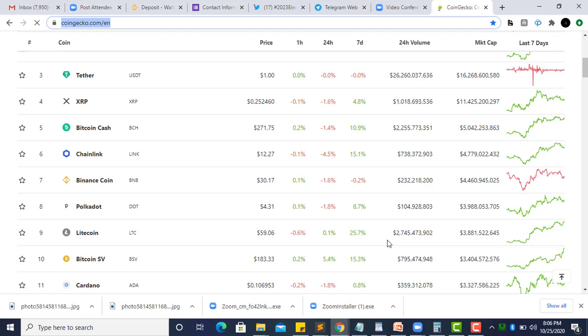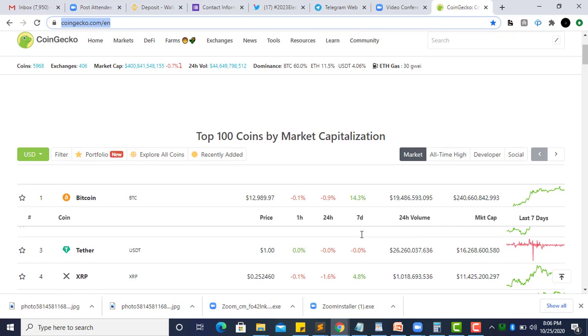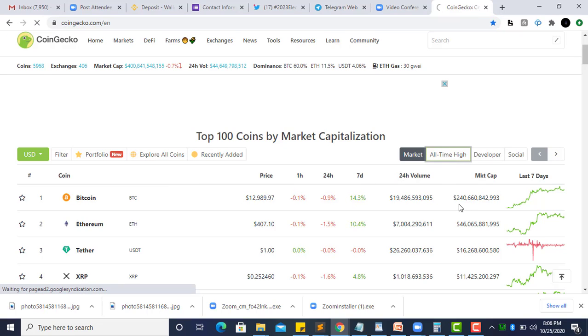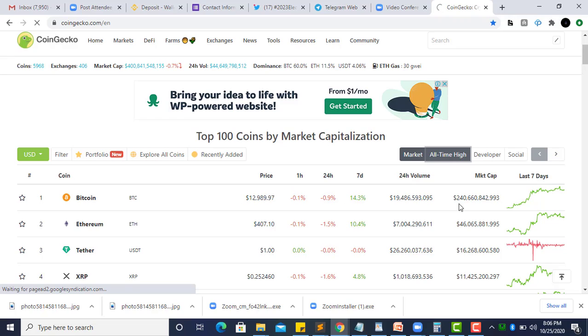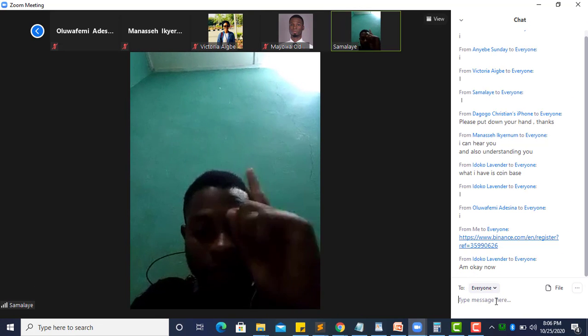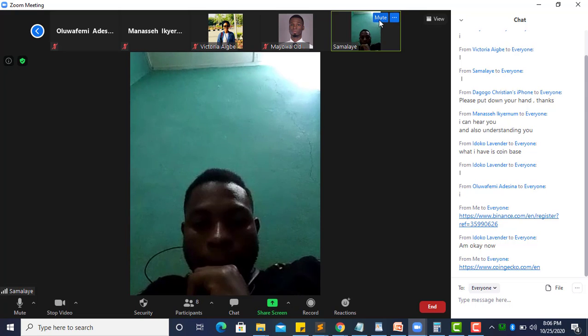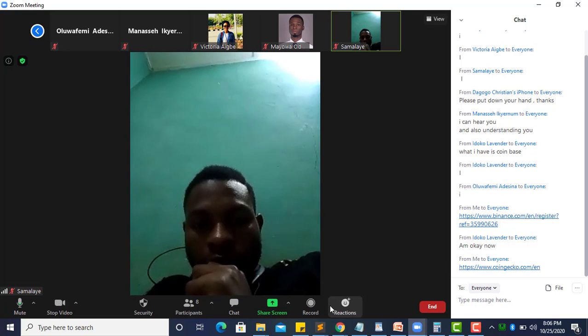You can see some coins have gone up by how many percent within 24 hours. You can filter the all-time highs, the ones that have increased over time. You see everything within 7 days, within 1 hour, all around here. So just take your time to do that later. I think we have elapsed our time, so we just have to proceed.